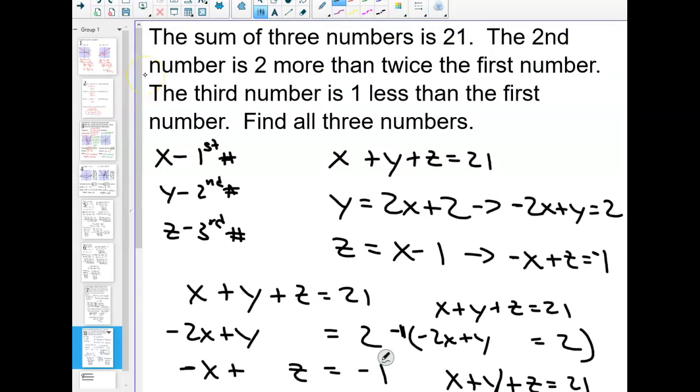The second number is two more than twice the first number. The first number is 5. 5 times 2 is 10 plus 2 is 12. The third number is 1 less than the first number. The first number is 5. The third number is 4. 5 minus 1 is 4. It should work out on every